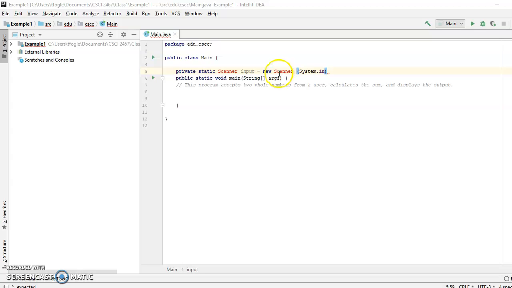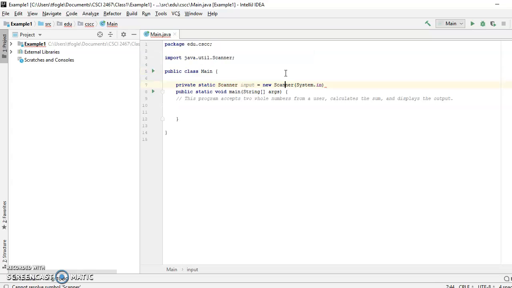And so you can see Scanner in red here because I have not yet imported it, and it's not going to work. Anytime something's in red in Java, not a good thing. You've got to fix it. I'm going to click on Scanner, and if I click Alt and Enter on my keyboard, it's going to import the class. So I'm going to do so. Alt, Enter, and you can see that I have now imported